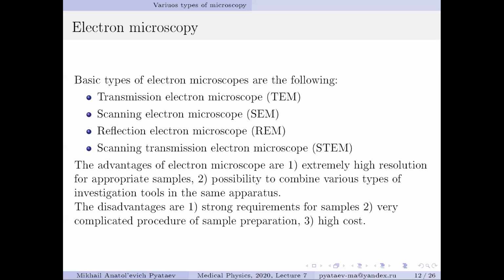And that leads to a very complicated procedure of sample preparation. We cannot watch living objects in an electron microscope, because the sample preparation includes a lot of phases which will kill any living cells. Only if we want very low resolution can we see the living object, but in most cases we cannot see anything. And the last disadvantage of electron microscopy is the high cost of these devices, because it includes a lot